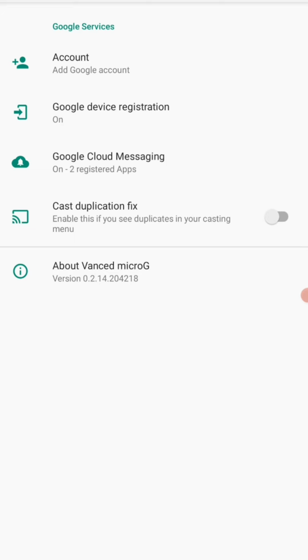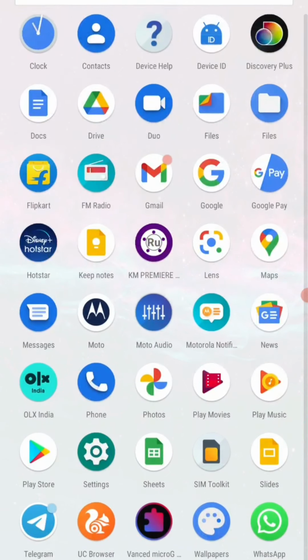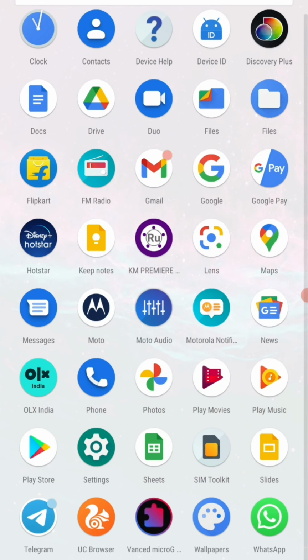Vanced is a kind of app that has Vanced in its name, for example, YouTube Vanced. That means this Vanced MicroG service can only run with Vanced applications like YouTube Vanced or YouTube Music Vanced. So if you install Vanced MicroG, you can only run a few applications that have Vanced in their full name, like YouTube Vanced.